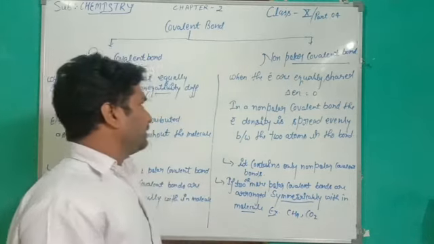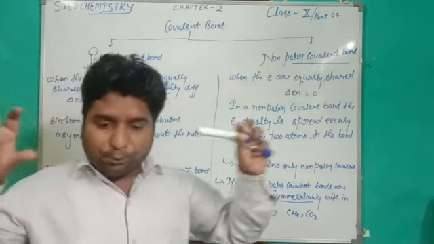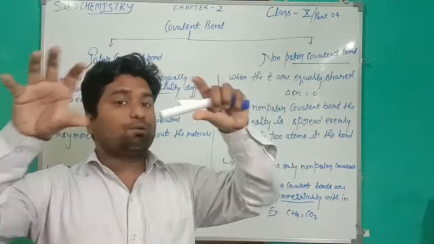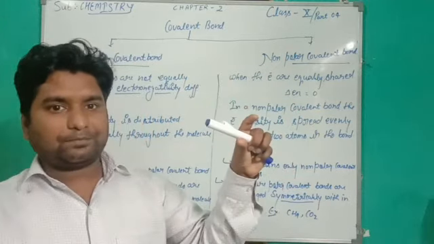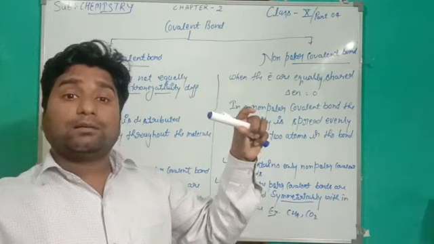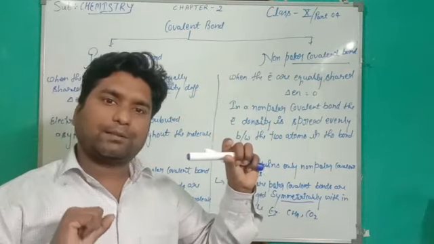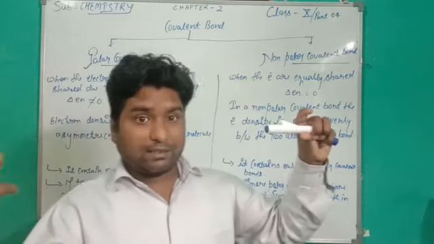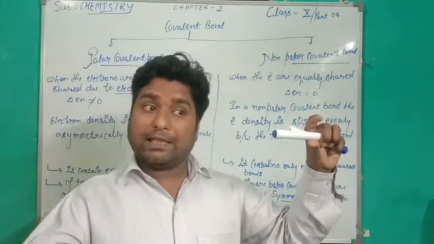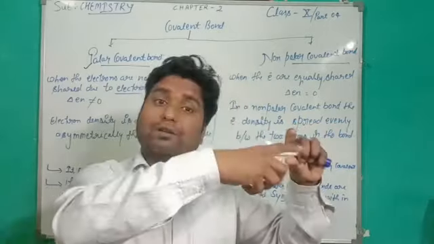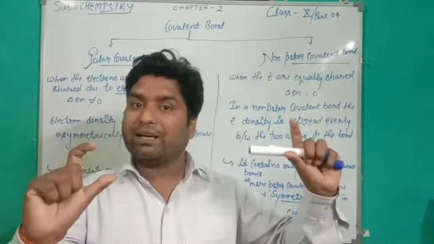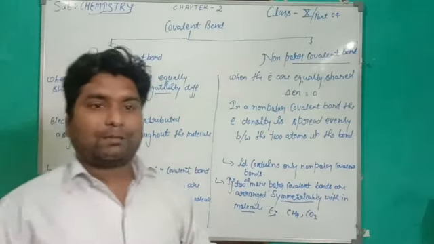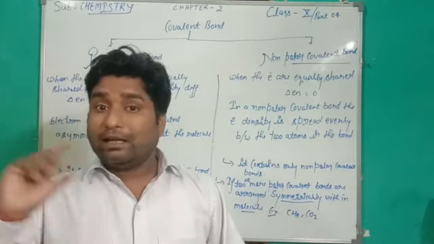Electronegativity difference means when two atoms, suppose atom A and B, both form the covalent bond, but one atom has more electronegativity than the other atom. So that atom is more powerful, and this A atom attracts the electron from the outermost shell of B atom. So the shared electrons partially shift towards the A atom.